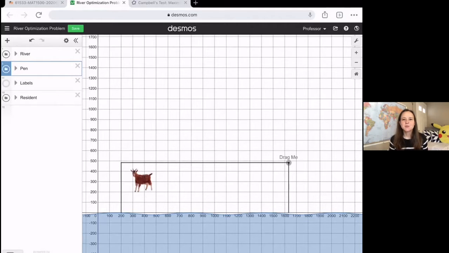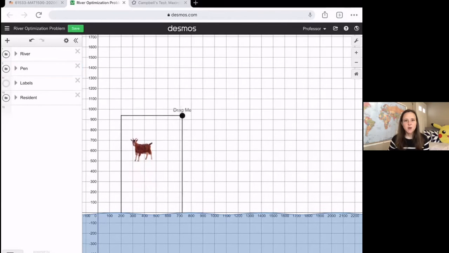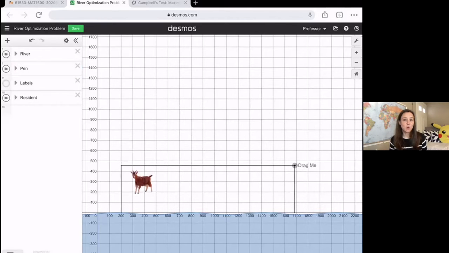And we're building it up against the river so that we only have to build 3 sides of the pen, ostensibly because the goat's not going to jump into the river. And the pen has this drag me point on the right, so you can choose the size of your pen. But as you drag it around, you're going to notice that it's not going to let you choose just any size pen you want. And that's because I have programmed into this page a constraint that we only have 2,400